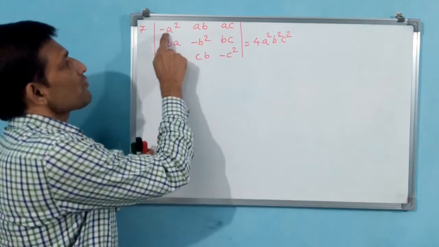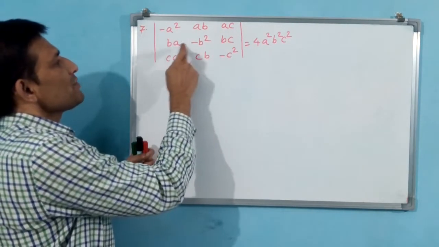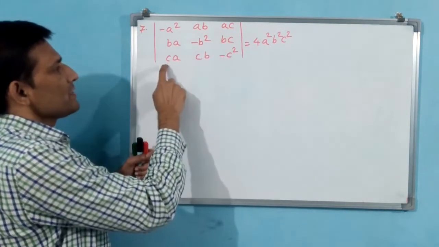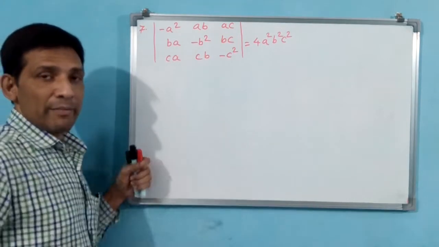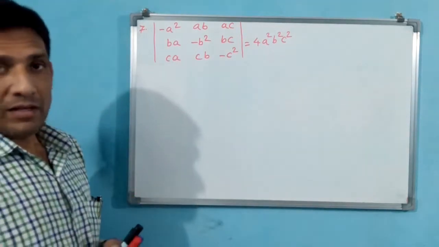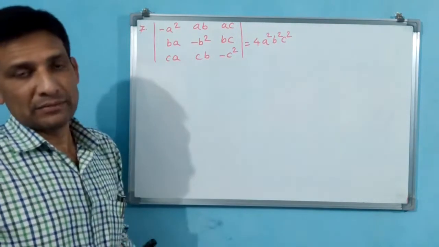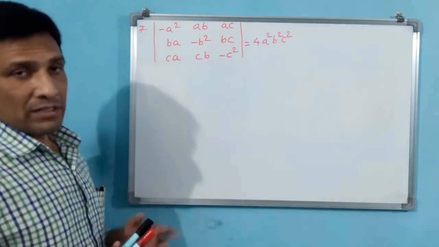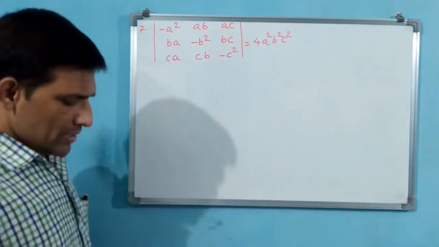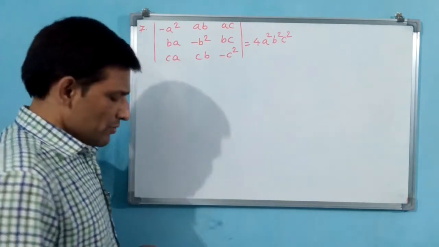Or else you see a square, a. You can take b square, b. B you can take c square. C you can take common. Okay? Why? Because see a square, b square, c square. At least first you take a, b, c common. Okay? Like that you have to do. Let us see how I am doing.